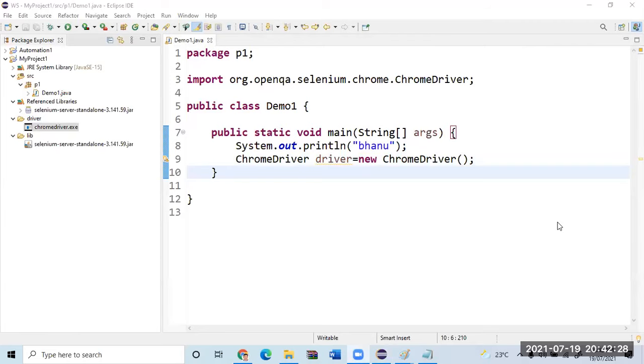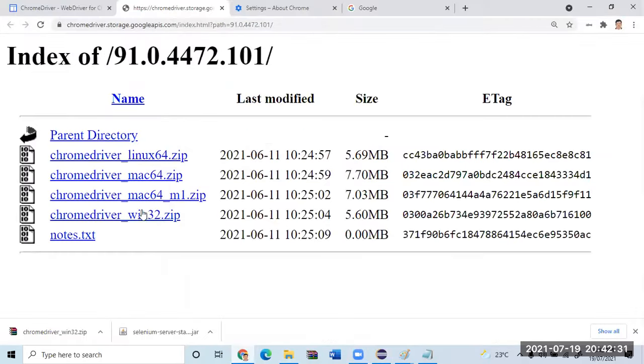Sunil, for Mac, which one to download? Already I showed you. You go with the Mac 64.